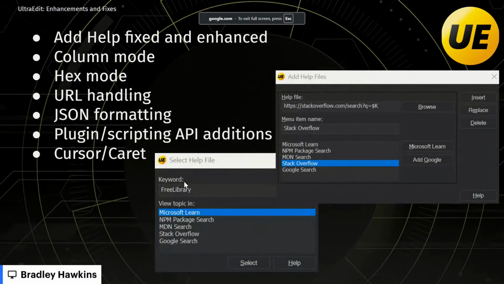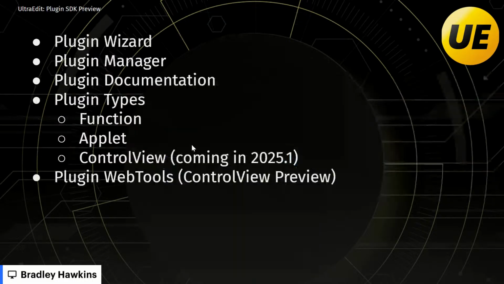All right, so we covered the enhancements and fixes. So now let's start talking about the plugins. And this is one of the big items we add in UltraEdit. And I know for a lot of users, this is probably something you're thinking, this is not really useful to me. And you know that may be true, but I think that a lot of users will find this useful